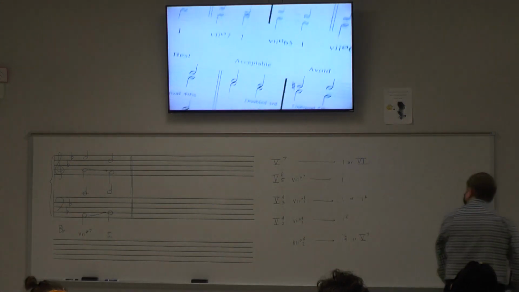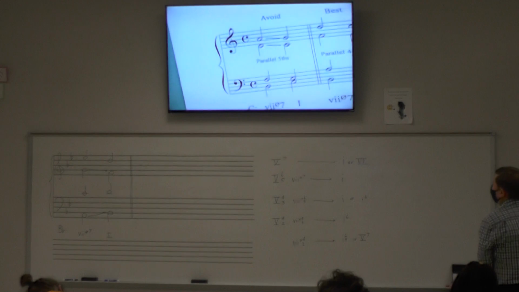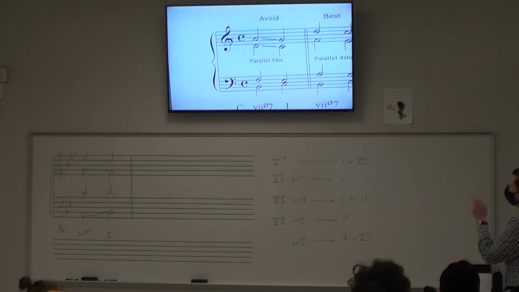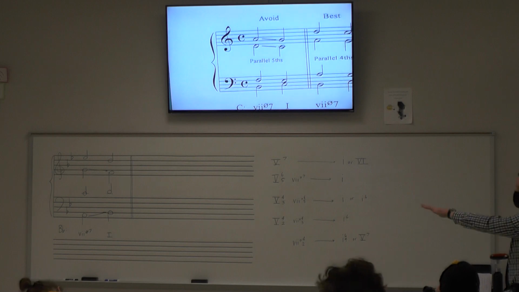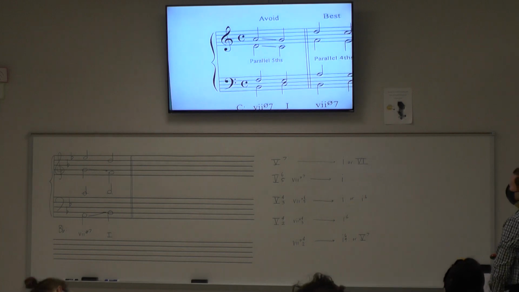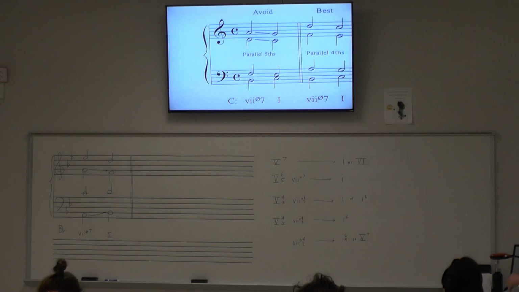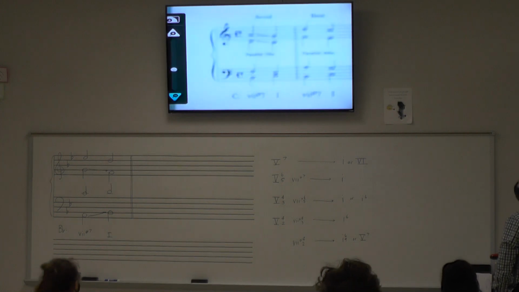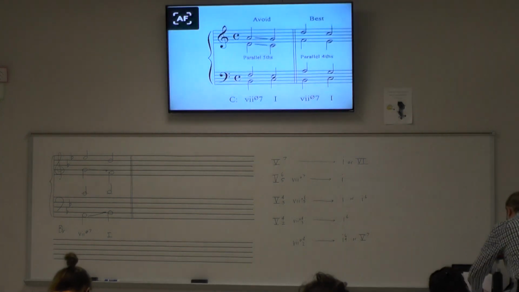Let's look at the top system. Sorry, well, actually, these are all in the key of C major rather than B flat. So just so you know, a 7/7 chord in C major is B, D, F, A. B, D, F, A. Okay? So, in the first measure,